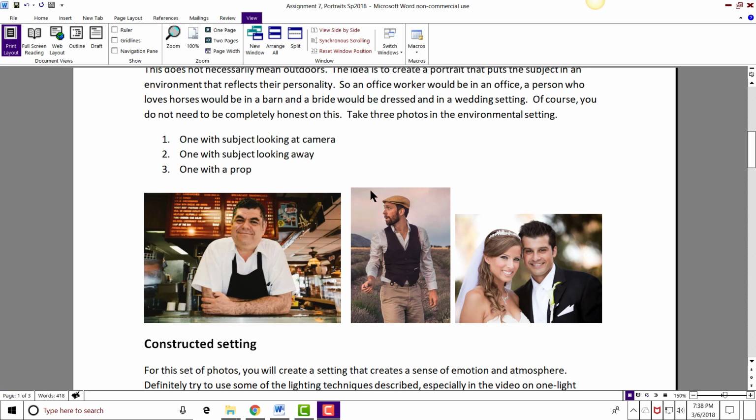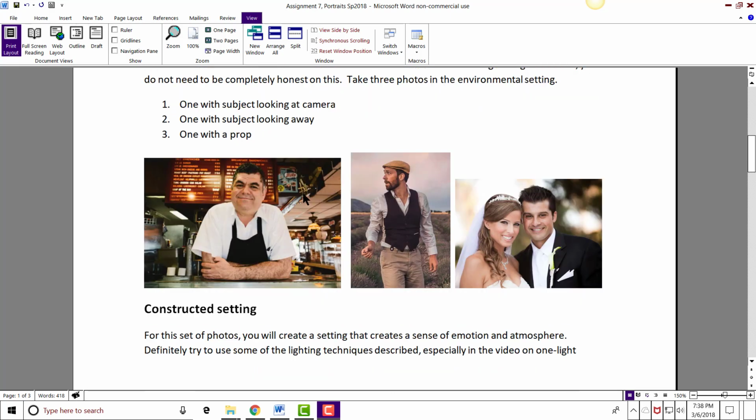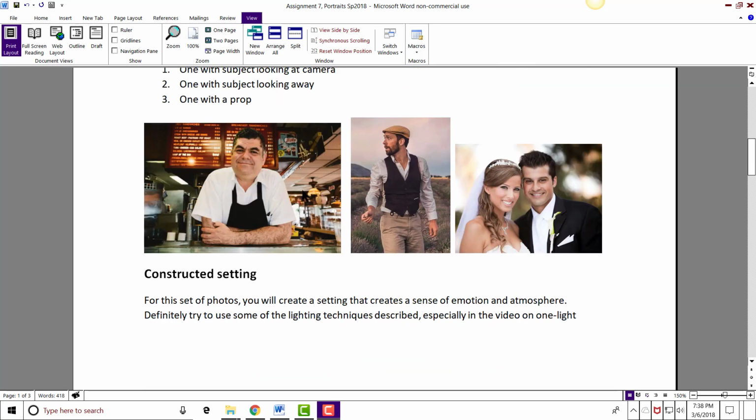Now the second set of 3 photographs will be in a more constructed setting. So for this, you're going to actually create something. I would encourage you to think in terms of using some lighting. It could be natural lighting, it could be artificial lighting, it could be reflected lighting. Again, watch the